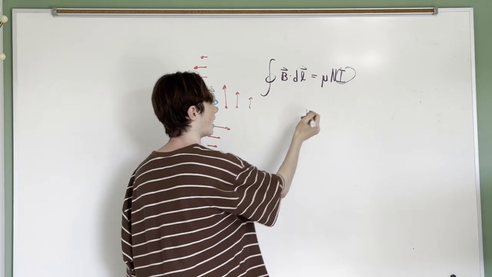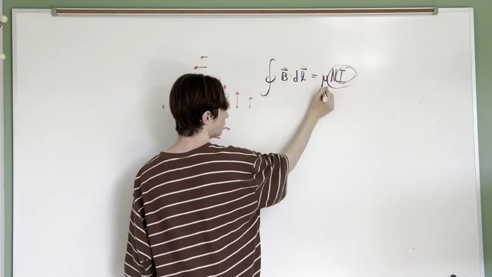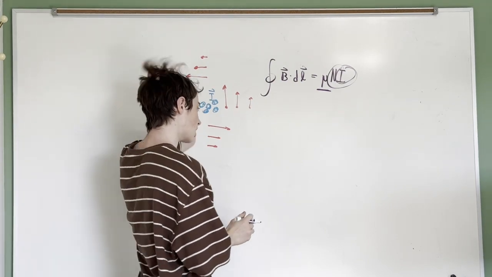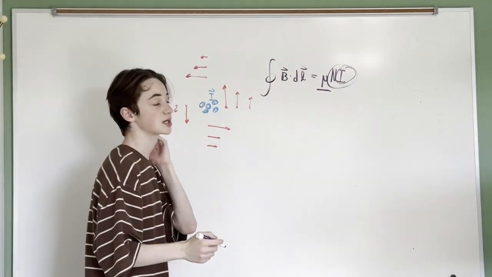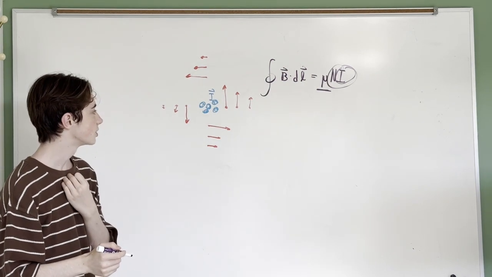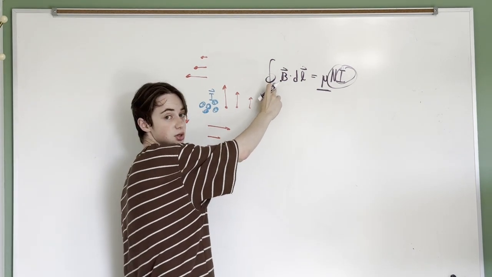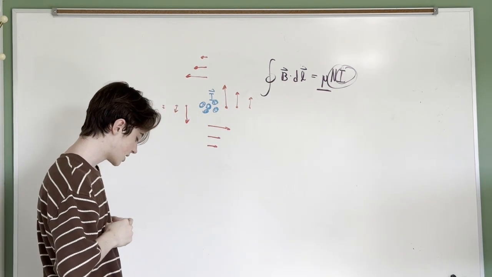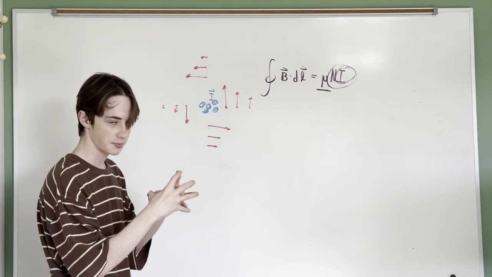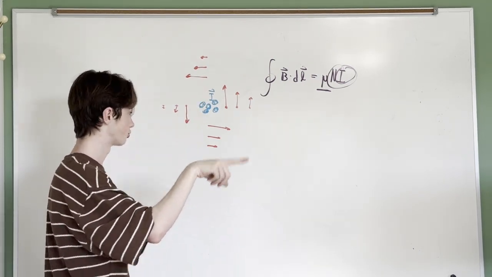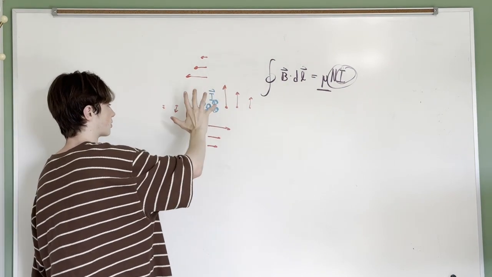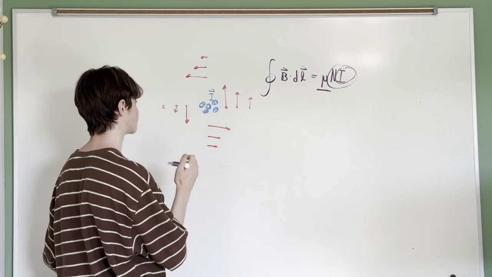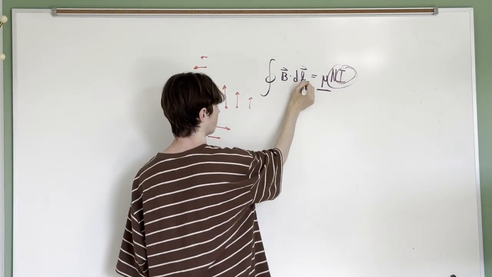So we have N I, which represents the total current, and then we have mu, which is the magnetic permeability of free space. And then finally, we have this big nasty integral on the left-hand side. The thing about this integral is it's a closed loop integral, similar to what you saw in Gauss's law. But the fact that it's a closed loop doesn't mean we have a closed sphere this time. It represents a closed line contour. This is a two-dimensional vector field that we're treating here because we're taking a cross section of this wire. So we're going to have some closed loop, which we call L,